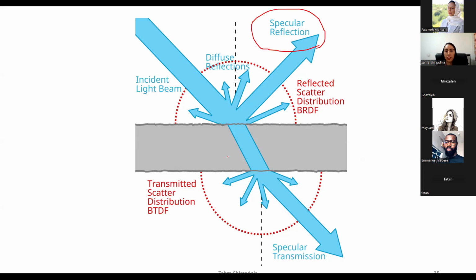And when the light beam reflects into the space at various different angles, we say diffuse reflection. And this is the feature of a reflected scatter distribution material. Otherwise, when the incident light beam penetrates the surface and gets out from the other side of it,